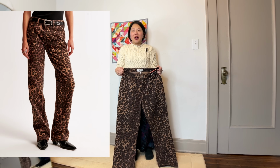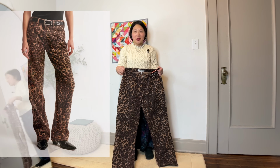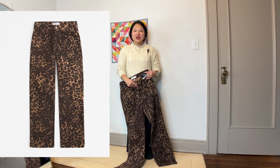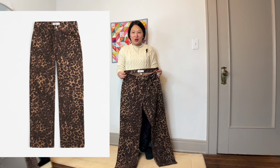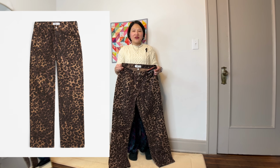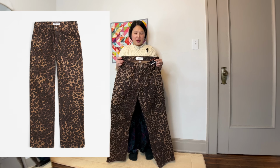Now, let me tell you, I never ever expected in my lifetime to buy low-rise jeans ever again. But when I looked on the website, it said that the front rise was 11 inches, which to me is really not that low. And they were kind of low in stock with the offerings that they had available. They didn't have a higher rise that was in my size. So I went ahead and ordered these